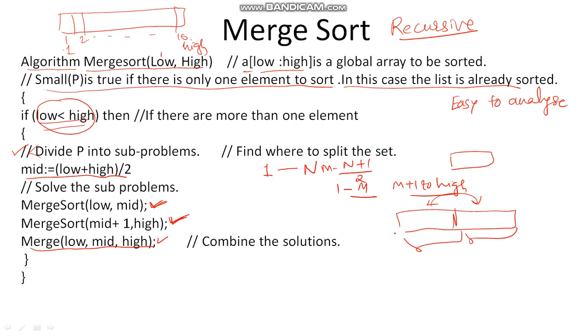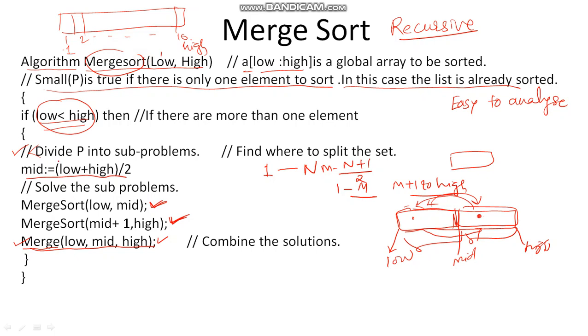And how to merge? This is the lower index, this is the middle index, and this is the higher index. While merging, we have to take care that the first half array is compared with the elements of the second half array. Whatever elements of the second half array are smaller than the elements of the first half array should shift towards the left-hand side, and the larger values of the left sub-array should shift to the right side. That care is taken in this particular part, that is the merge. So this whole algorithm itself is merge sort.